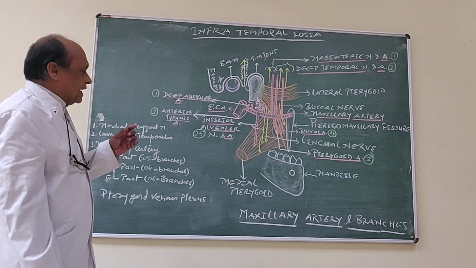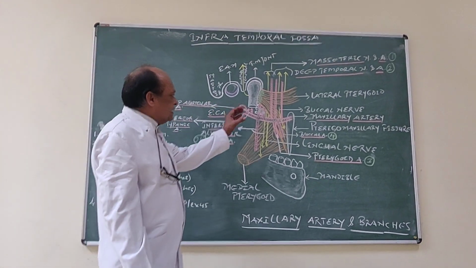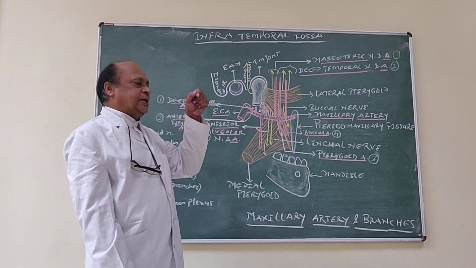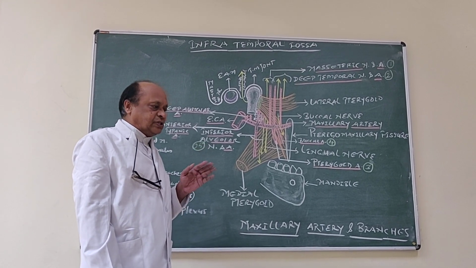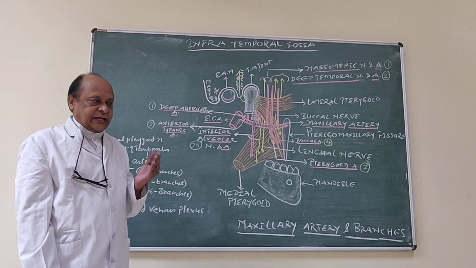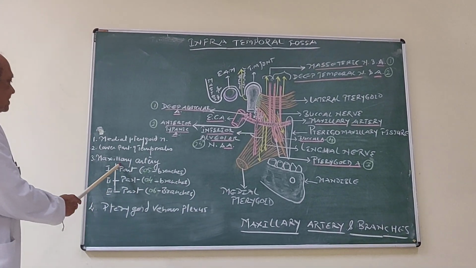Now, see here, the lower part of the temporalis muscle, about which we have already discussed details, lies in the infratemporal fossa, and as we know, this muscle gets inserted onto the tip of the coronoid process as well as the anterior margin, encroaching on the medial surface and lateral surface of the ramus of the mandible.